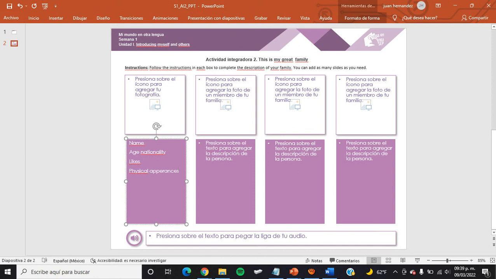Okay? If you want to explain and put the photo of your pet, you put the photo of your pet. Si tú consideras que tu mascota es miembro de tu familia, is a other family member, y está bien, puedes poner la foto de tu perrito o de tu mascota. No habría problema. Okay? Now, don't forget to add the audio on your activity. No se te olvide que también tienes que agregar el audio de tu activity.